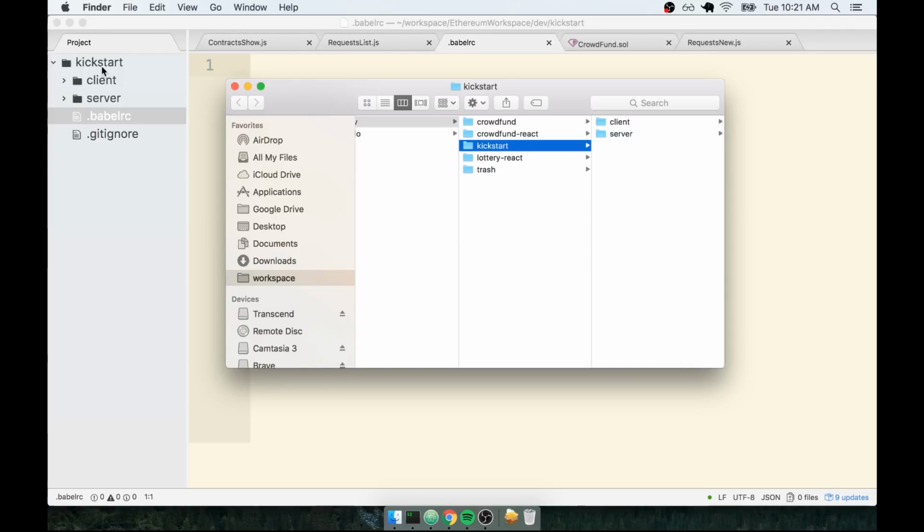So Casey, right now I'm inside of my Kickstart directory. Here's the client folder, here's the server folder. In my code editor, you can plainly see there's a .babelrc and a .gitignore. But inside my file browser over here, those do not pop up. So if I now dragged and dropped these two folders to another location, I would be leaving behind the .babelrc